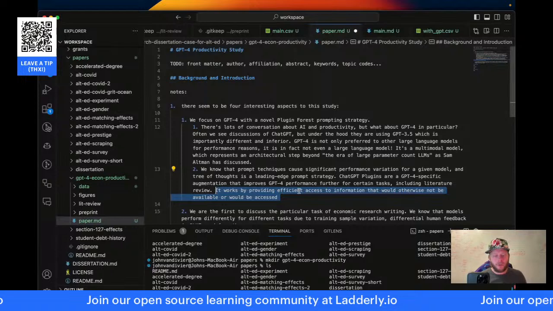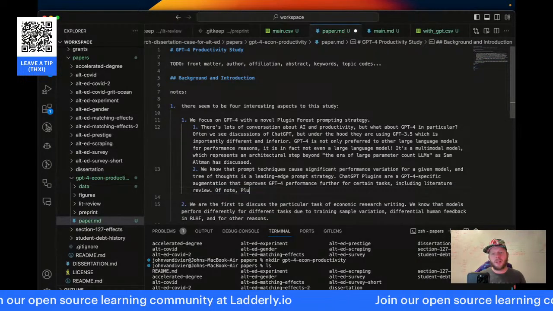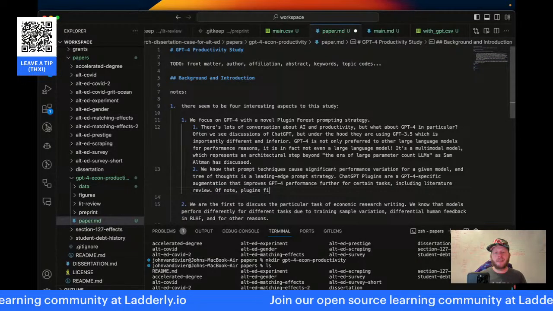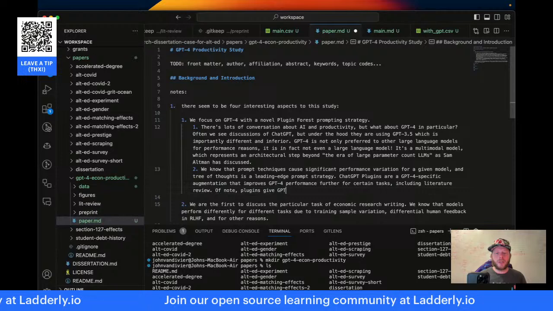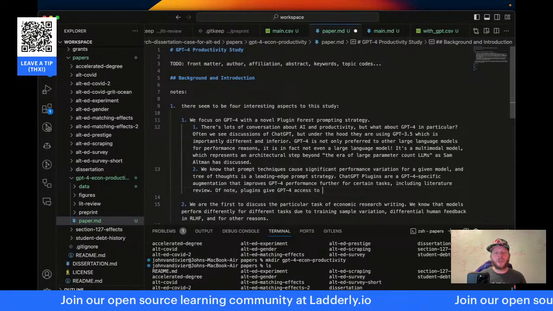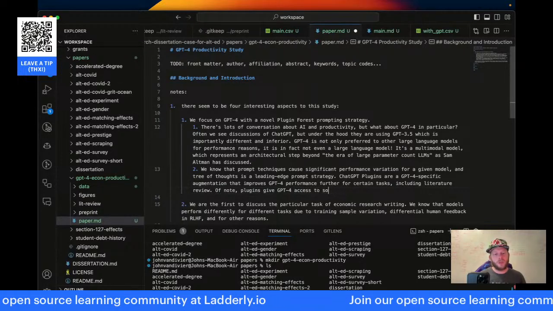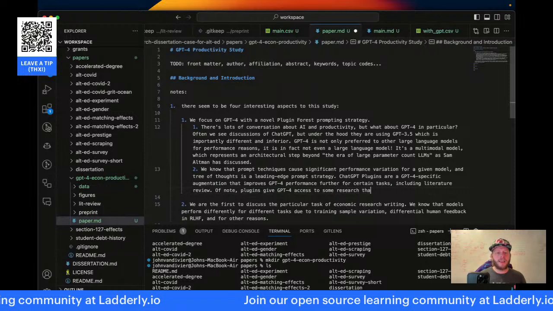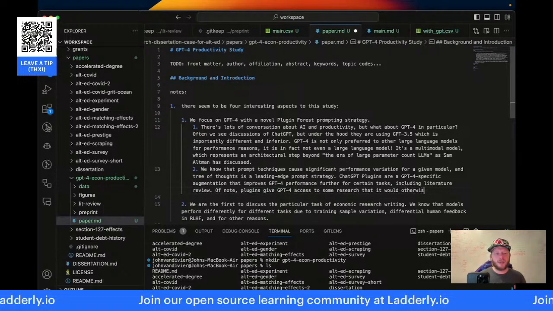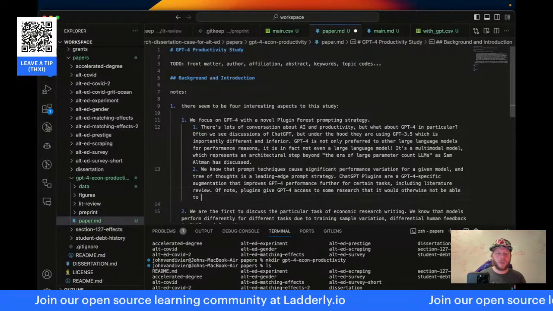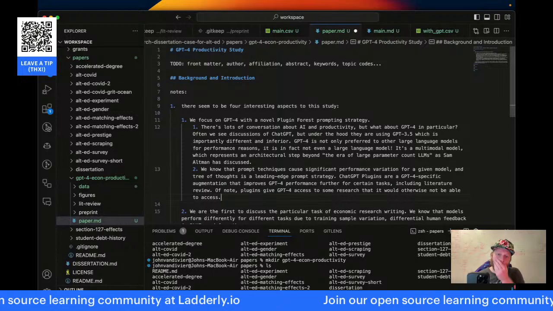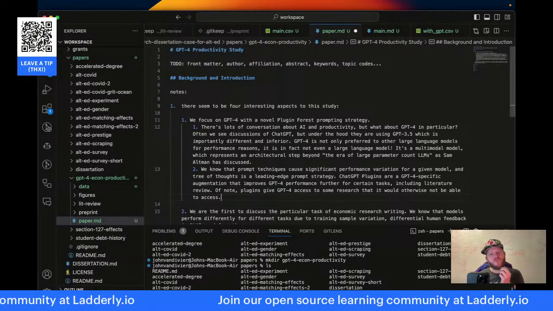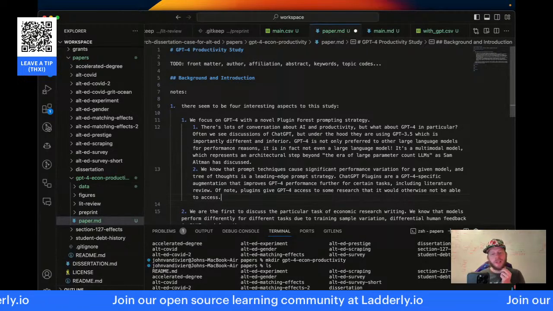Of note, plugins give GPT-4 access to some research that it would otherwise not be able to access. I think that's the important bit.